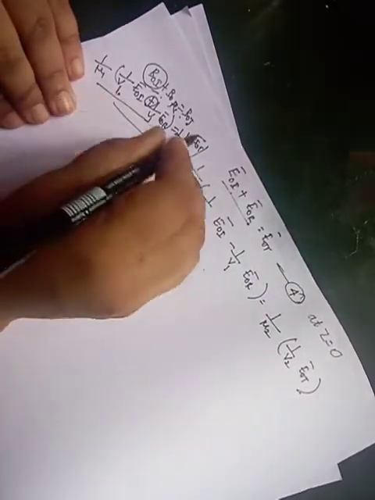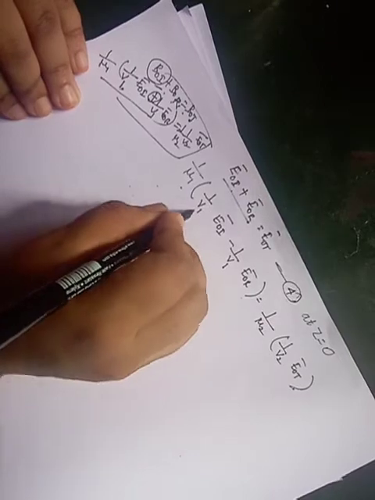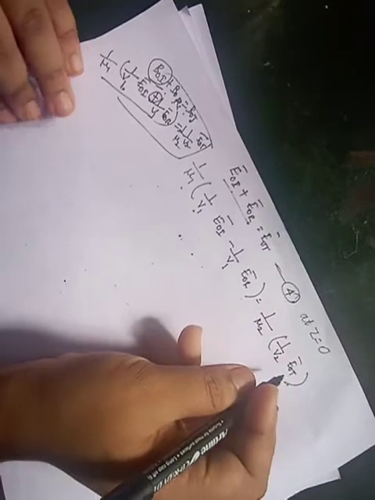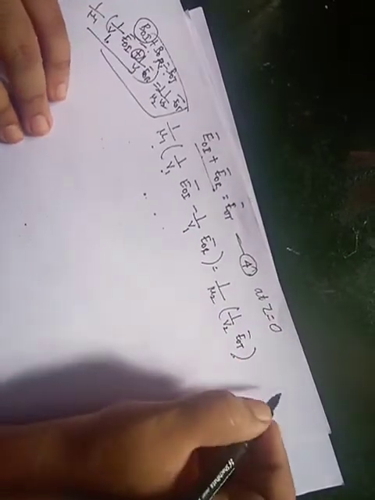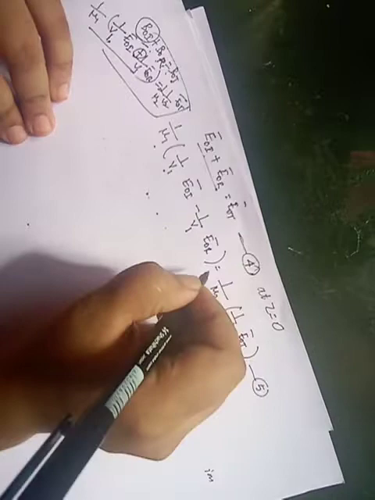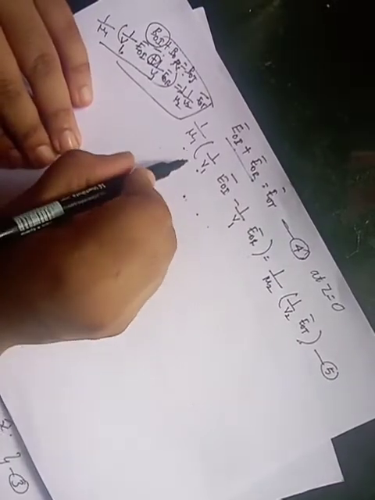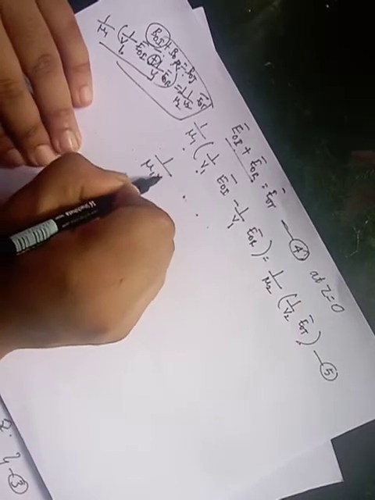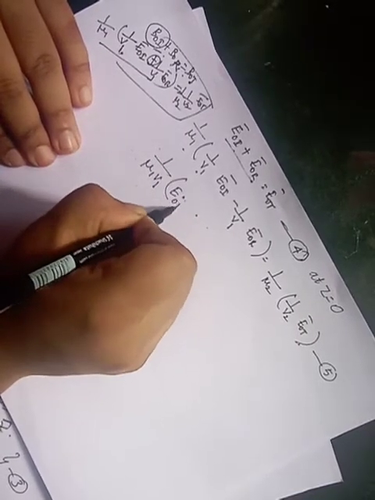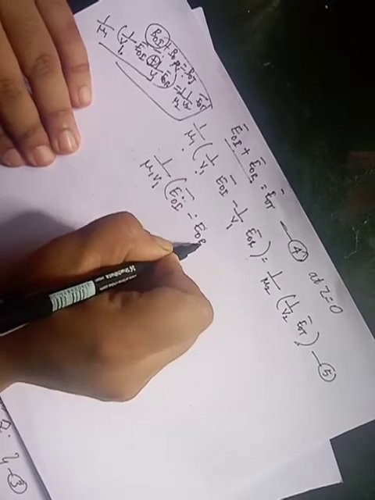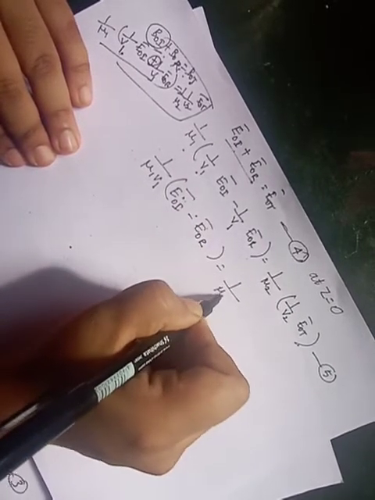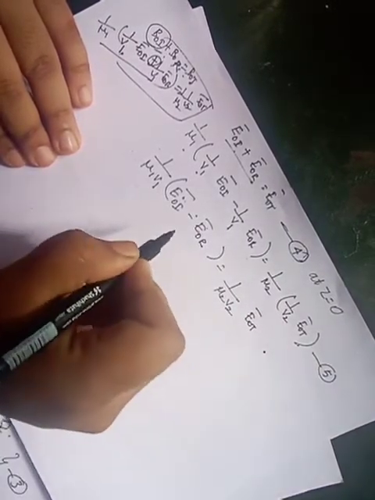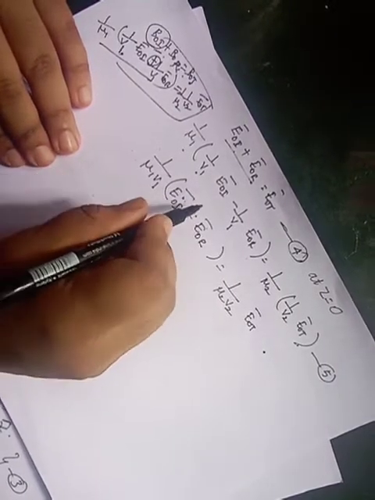So here we have written 1 by mu 1, 1 by V1 into E naught I minus 1 by V1 into E naught R is equal to 1 by mu 2, 1 by V2 into E naught T. So this is the other boundary condition. So we have two boundary conditions. In this equation we can take the V1 outside, that is 1 by mu 1 V1 into E naught I minus E naught R equal to 1 by mu 2 V2 into E naught T. So here we have taken 1 by V1 outside.